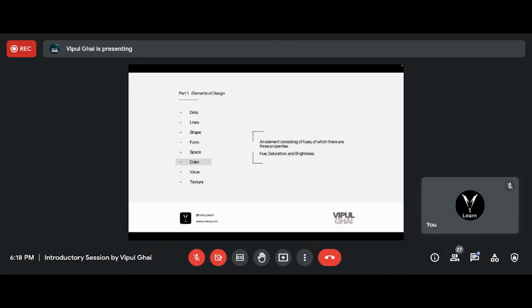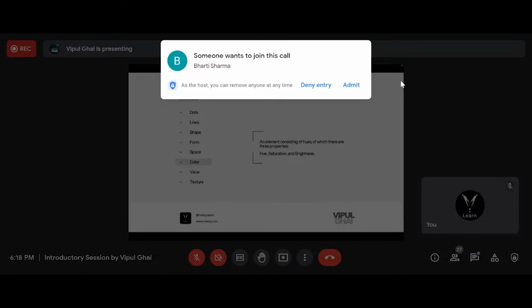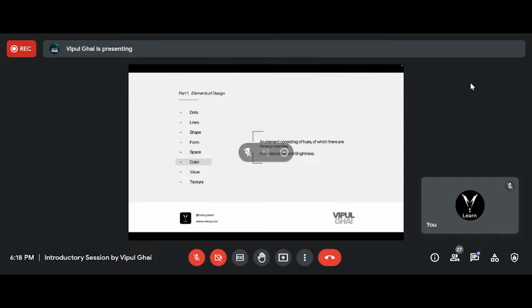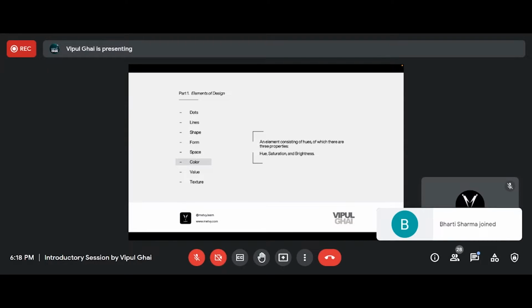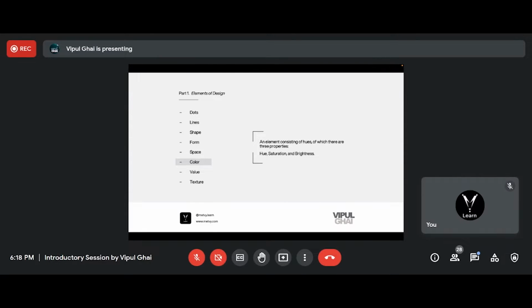Then there's also saturation. Saturation is the amount of hue, meaning how intense the color is, the intensity of the color that you are choosing. And then brightness is how dark or how light it is. Just like in a photo editing app, you use brightness all the time to brighten the picture or to darken the picture. It's sort of like that. It's to brighten the color or darken the color.